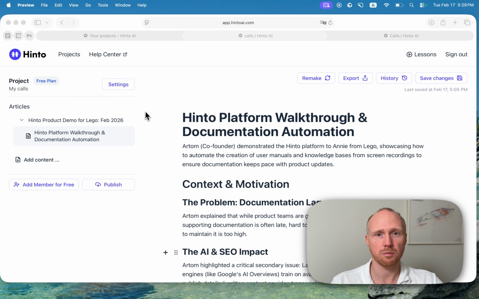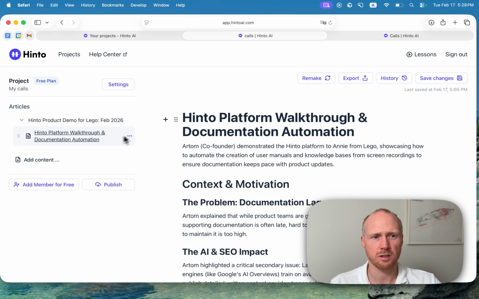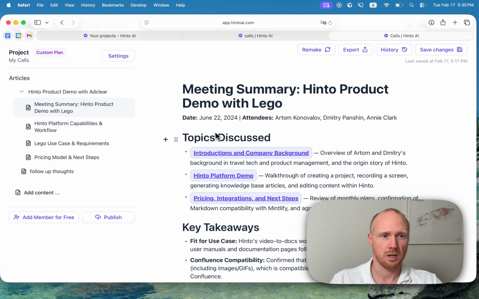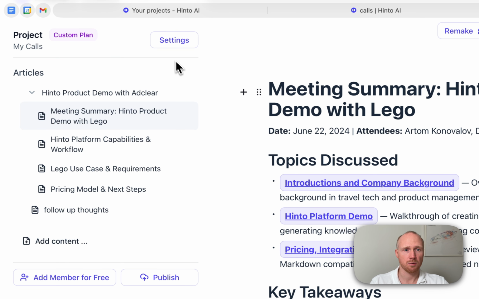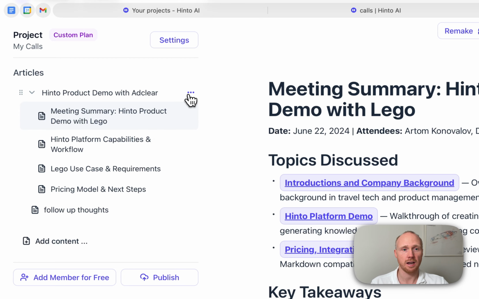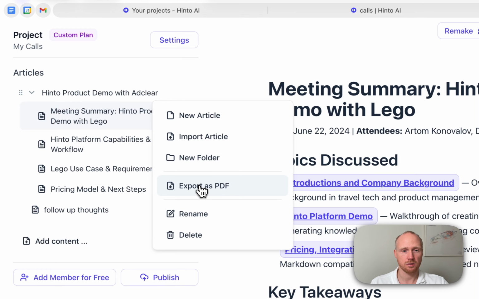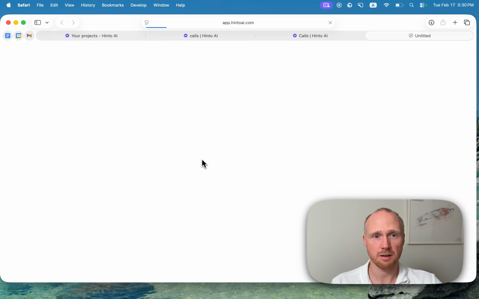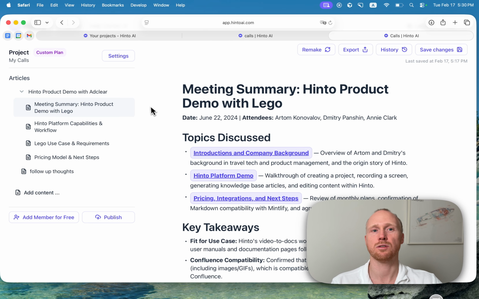So you might be wondering, but what if I want to export more than just a single page? Can I do that? Yes, you can. So here we have another example where there's a group of articles that we'd like to take. One option that we have here is the ability to export as a PDF the actual folder. So you can tap here, export to PDF, and it's going to download the full PDF,